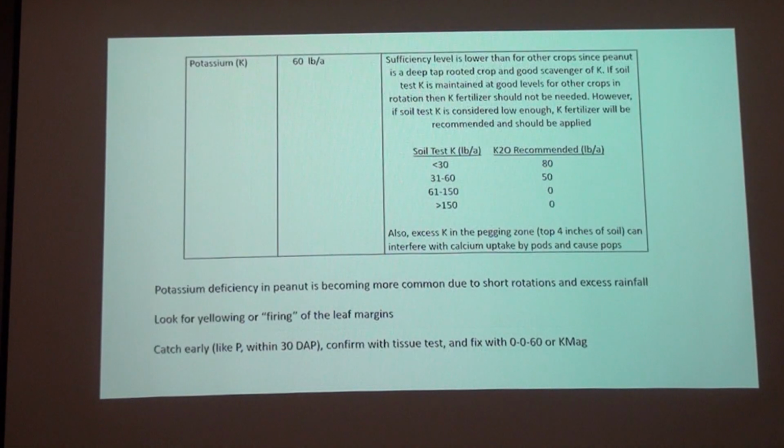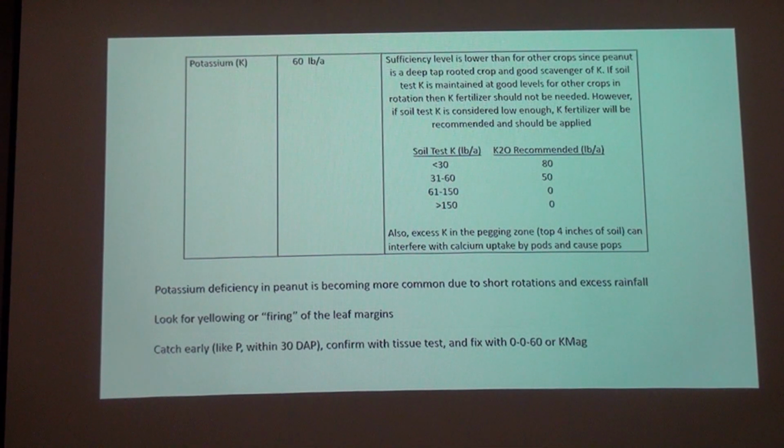Potassium, we haven't had a lot of issues over the years, although for a while there with short rotations and a lot of rainfall, we started to see a little bit of potassium deficiency on peanut. But we've got a good handle on the levels you need in your soil, and you can get too low. You need potassium. I think we did too good a job of saying, hey, your P and K levels are good, you don't need any, but you can get too low, where we will recommend potassium if you get too low,